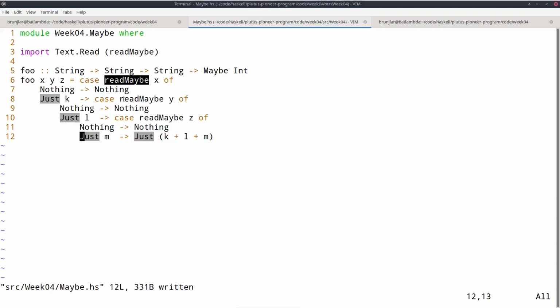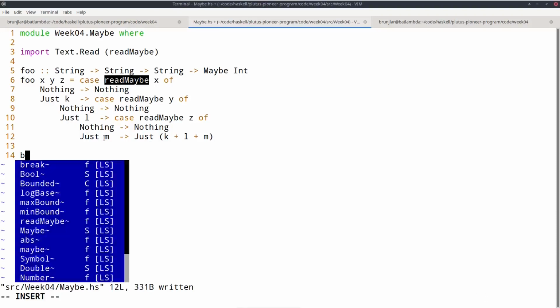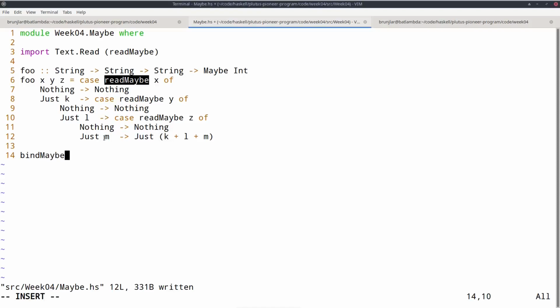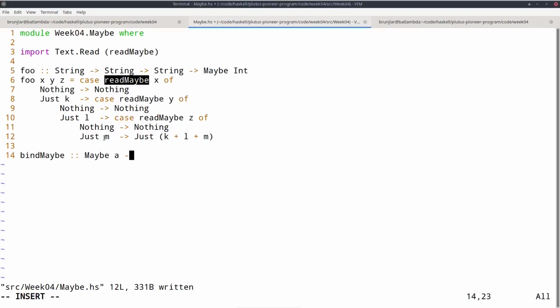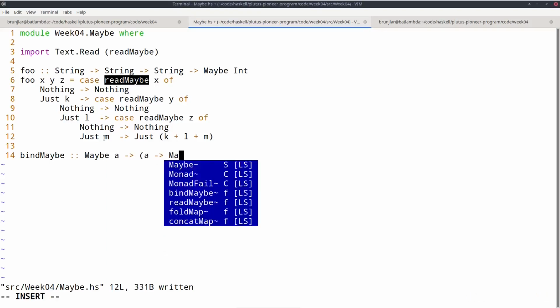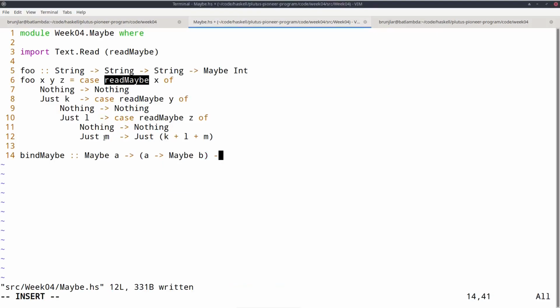So as a Haskeller, the natural tendency is to try to abstract away the pattern we have here. And one way to do that would be to define something like bindMaybe, given a Maybe a, and a function from a to Maybe b, we get a Maybe b.